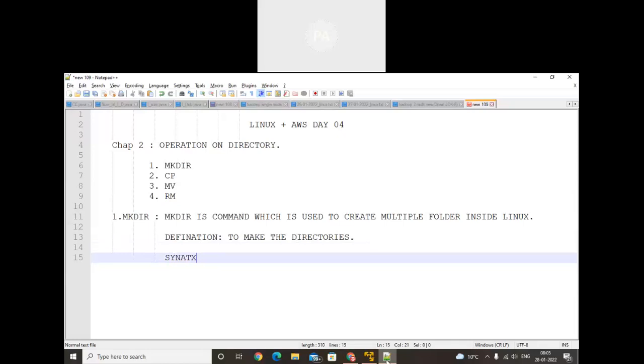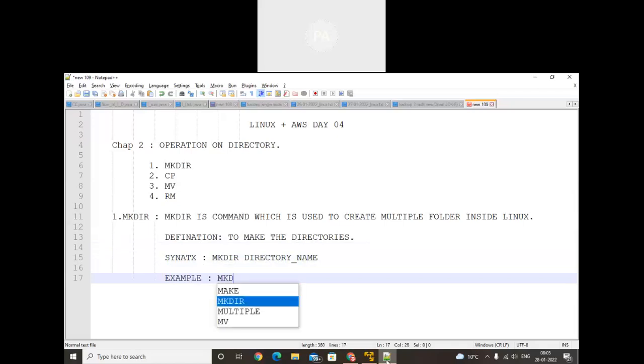Here is the syntax. To make the directory, we need to use the mkdir command, followed by the name of the directory, for example SCOE. If you want to create the PESCOE directory,